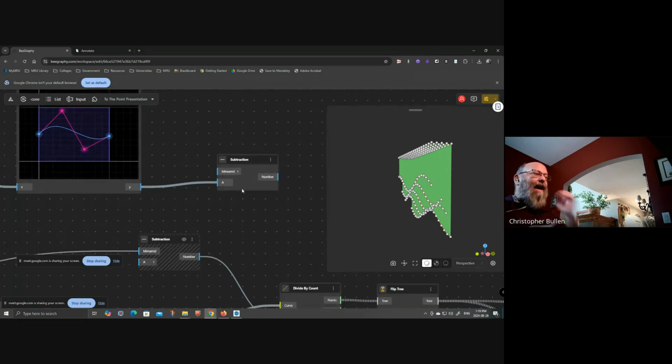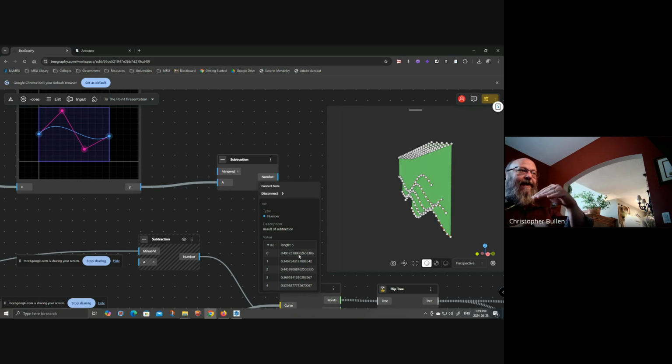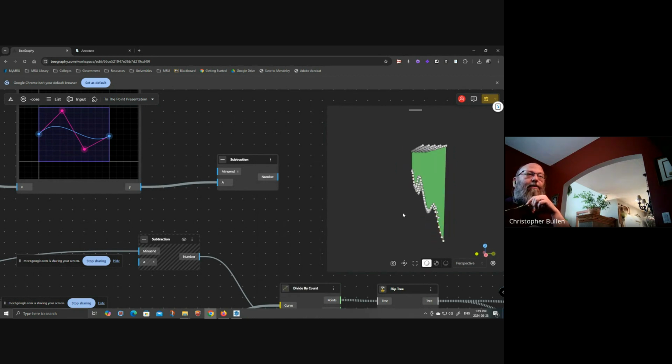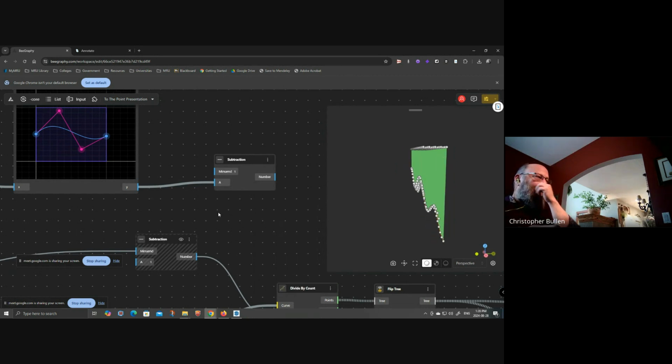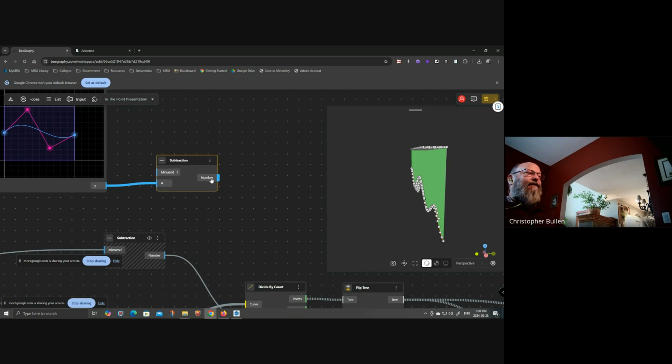So now you see what's happening here is I'm taking 1 minus each one of those values, and it's giving me the value now from the top of the graph to the actual line on that graph. And that's what we want, okay? That way, this will mimic what we're going to see here in our preview. So now I've got these as values between 0 and 1 again. I'd like to be able to remap these to something that's going to make sense. So let's say, for example, I would like to map this to